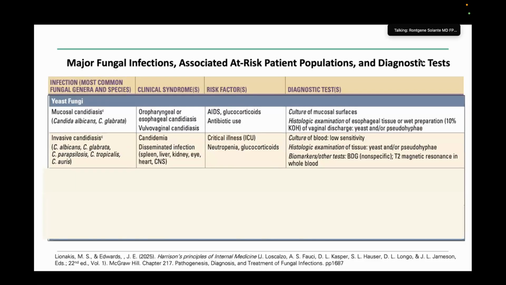Now let's proceed with yeast fungi. And this is a big group that are commonly encountered, especially among patients who are immunocompromised. The first among these is your candida infection. So your candida infection, you have two types, your mucosal candidiasis and your invasive candidiasis. Now, the examples of your mucosal candidiasis is the oropharyngeal or esophageal candidiasis, which is quite common among patients with HIV. Also among those patients on high dose of glucocorticoids,